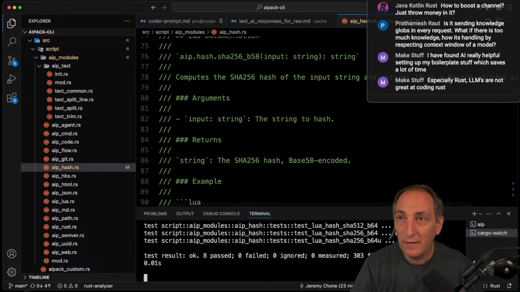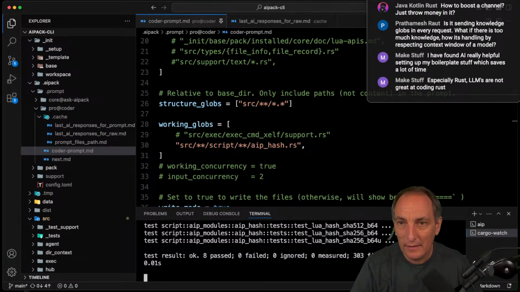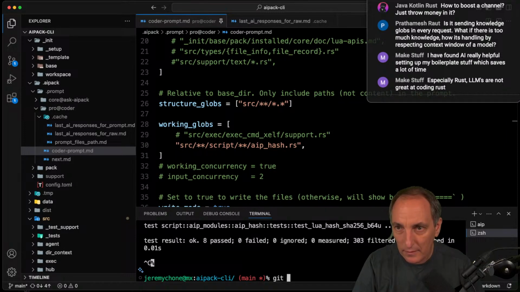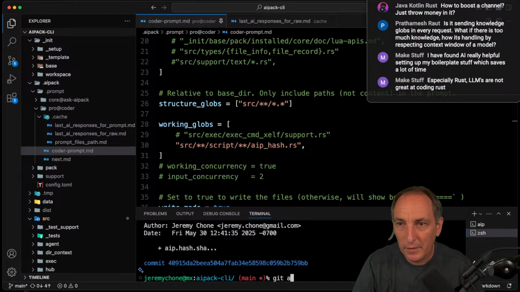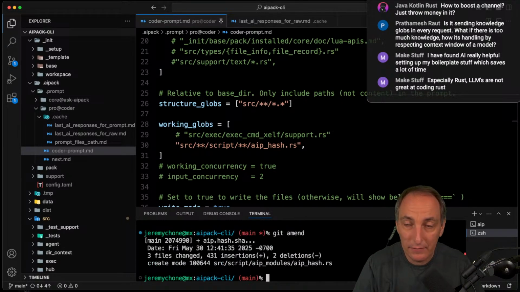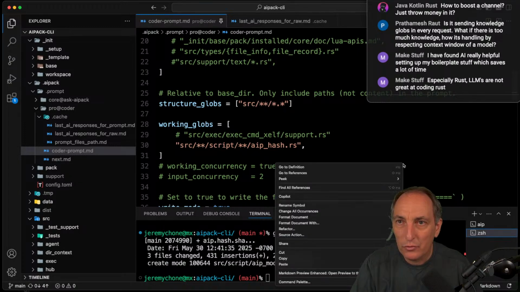Okay, so now this is the thing. All of these silly things were my fault. So now we have this. I'm happy with that. I'm going to comment out, git log to know where I am. I'm there, git amend. This is an alias that I have. It's just that I amend the stuff. And now the last thing I want to do,